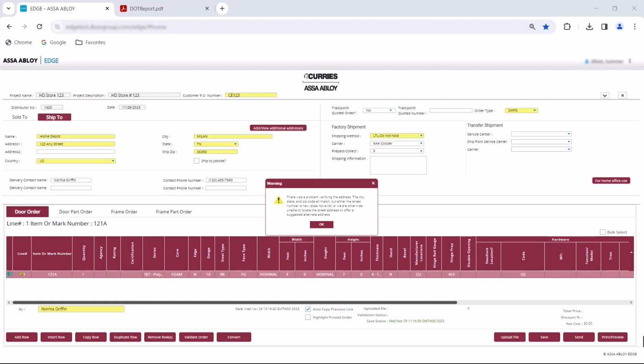In efforts to help you better plan for your projects and to provide you with a better overall experience in using Edge, we have added an estimated ship date calculator tool. During the place order process, after the Smarty Streets has verified the shipment address, we will run our estimated ship